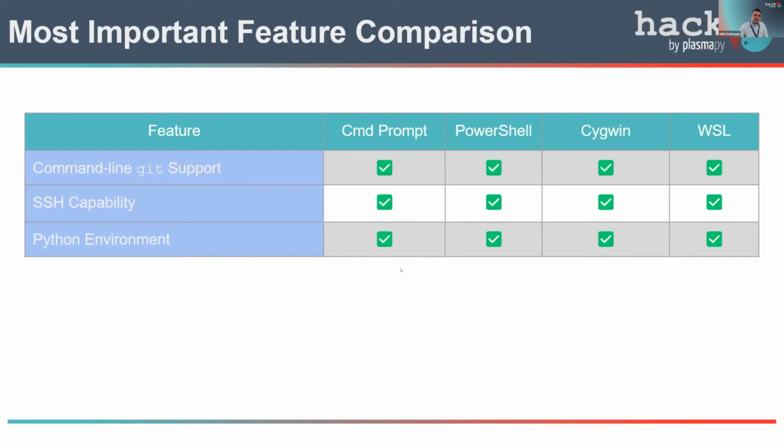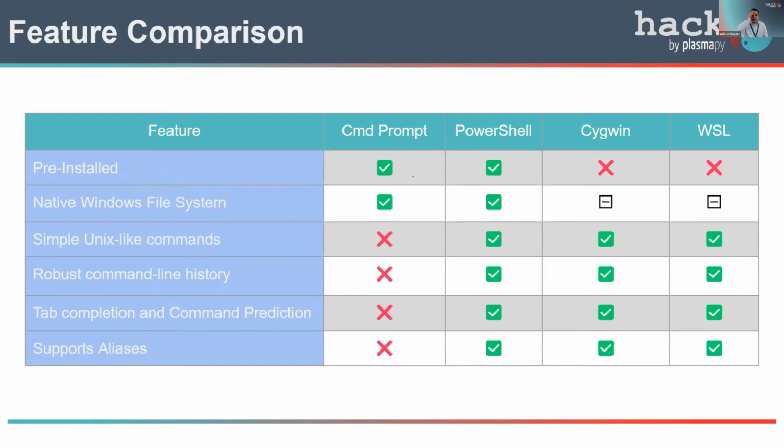these four options represent choices that you can make if you choose, but there are subtleties and nuances on all of these. All right, so feature comparison. The nice thing about Command Prompt and PowerShell is they're pre-installed, whereas Cygwin and WSL are not pre-installed. Similarly, the command prompt and PowerShell both use the native Windows file system, and that offers some advantages, and I've utilized that sometimes. Whereas Cygwin and WSL, they can talk to the file system,